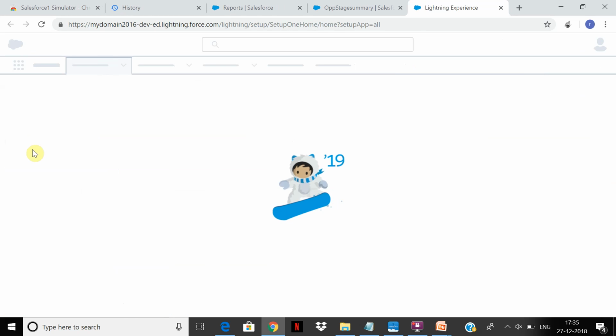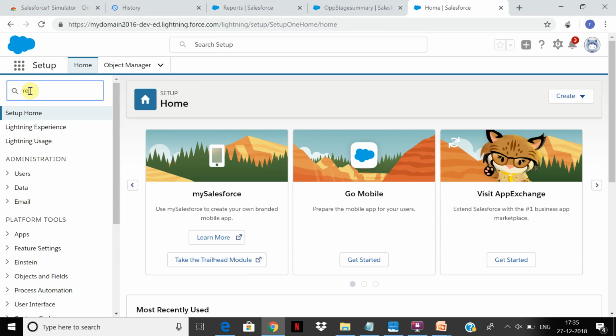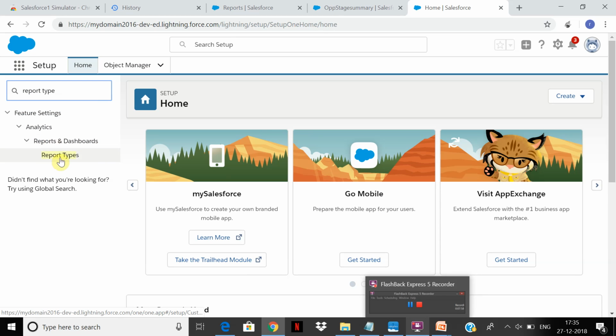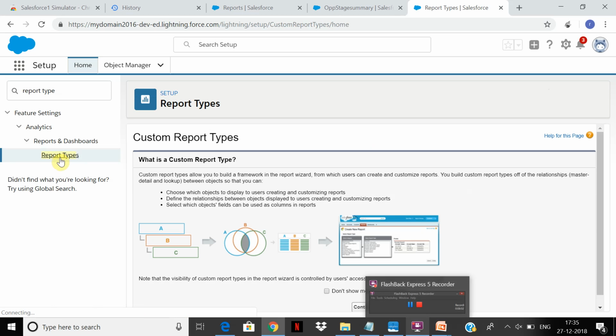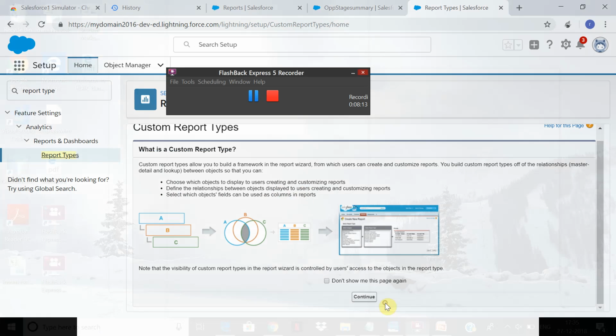Let's start with the report type. These are the custom report types, which allow you to build a framework. You can choose a relationship for users creating and customizing.